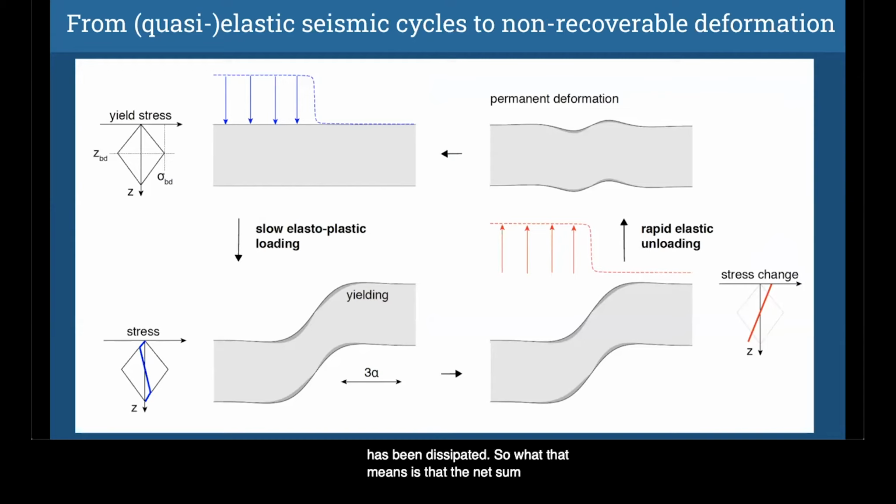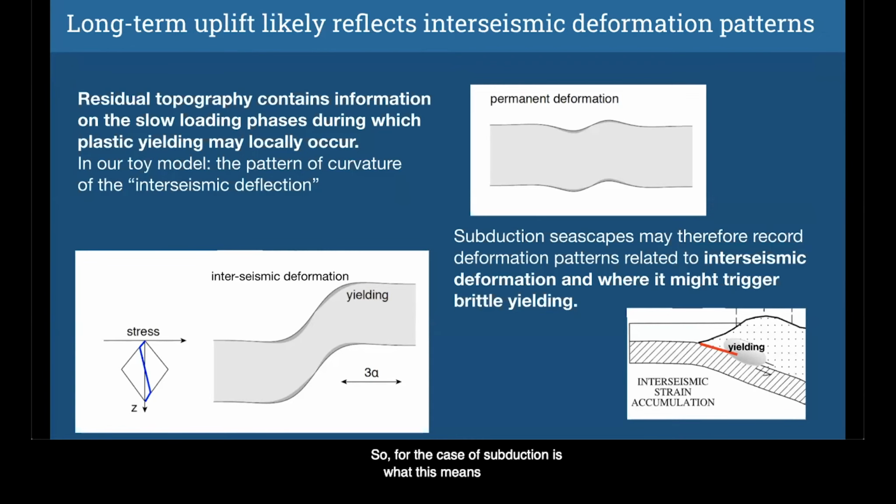energy has been dissipated. So what that means is that the net sum of the deformation accumulated slowly interseismically and coseismically does not amount to zero, but leads to some permanent deformation whose spatial pattern mimics patterns of the interseismic loading. In the case of a simple elastic thin plate or elastoplastic thin plate, the permanent deformation mimics the curvature of the downwarping induced interseismically. So for the case of subductions, what this means is that potentially at every seismic cycle,